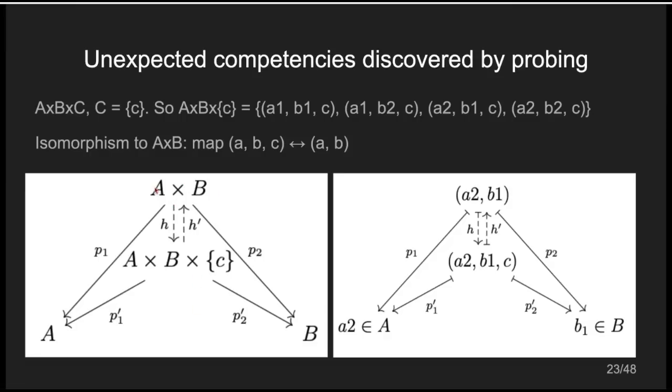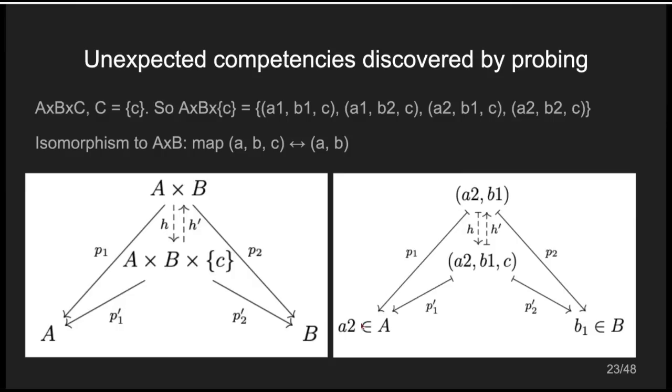And we can see that because we can factor A times B through A times B times C here to make everything be equal just like before. So what this is going to do is we're going to take an ordered pair, let's say A2 comma B1. Our function H in this case will map it to the ordered triple A2 comma B1 comma C, and then